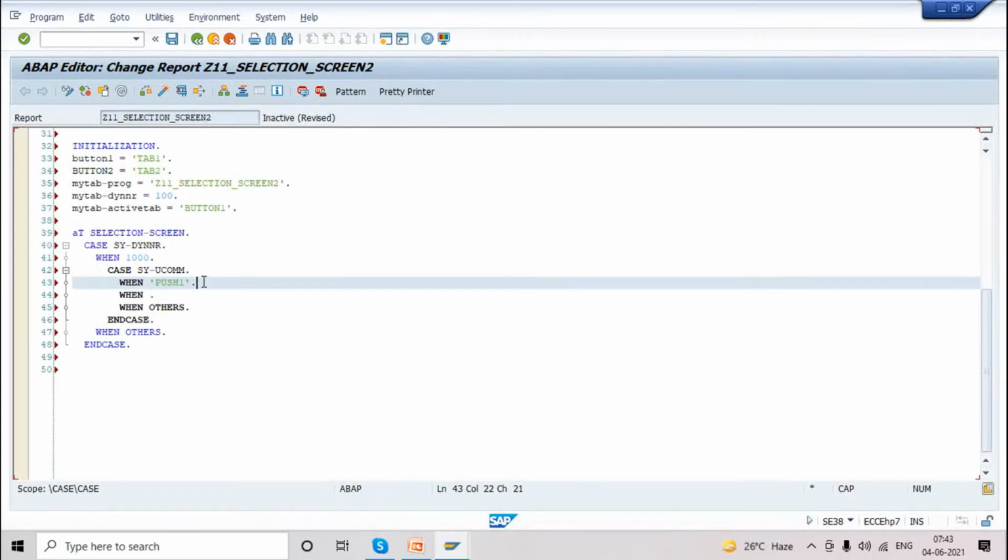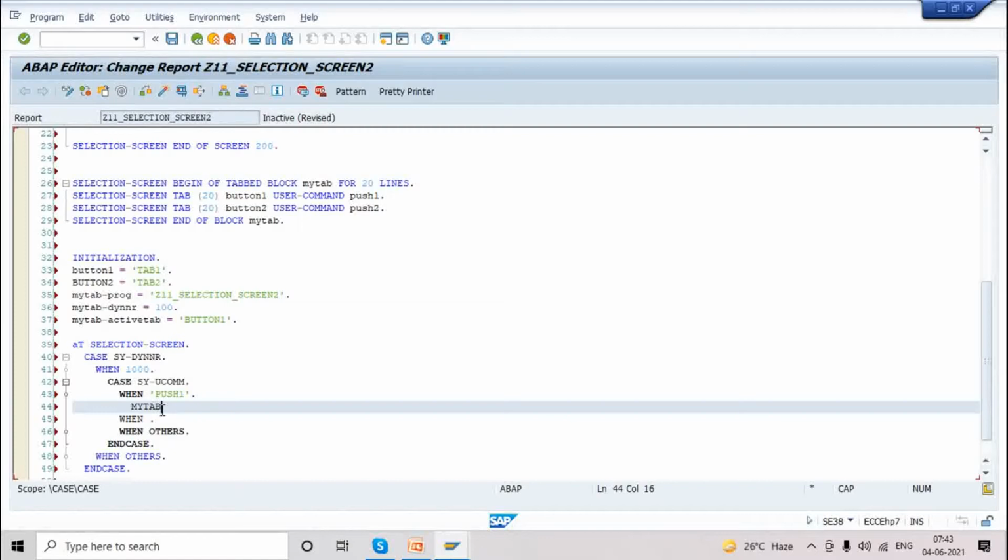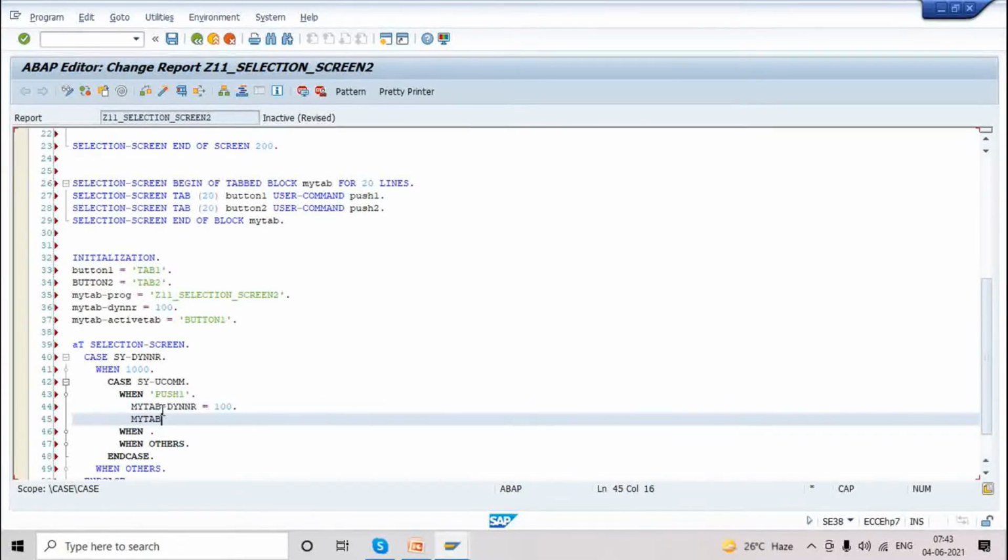When there is a push one, my tab is this table block, my tab. The dynpro number is dynnr. Dynpro number means screen number. It should be 100 when there is a push one, and the active tab should be button one.